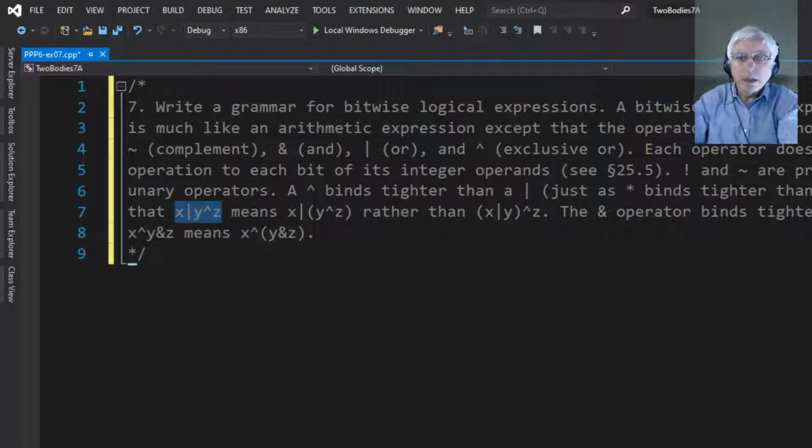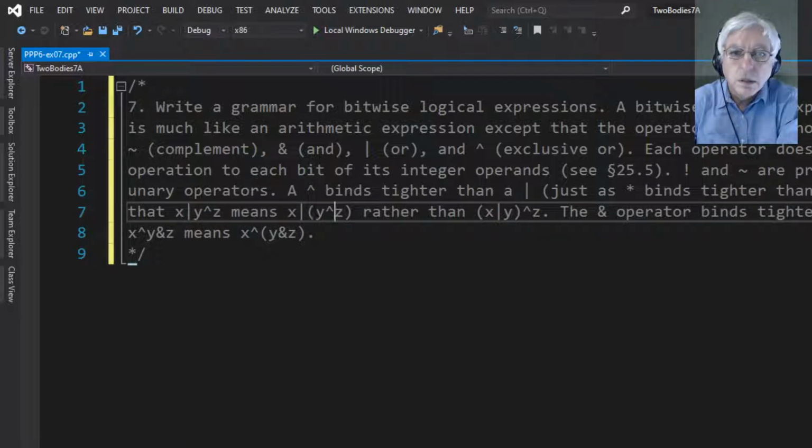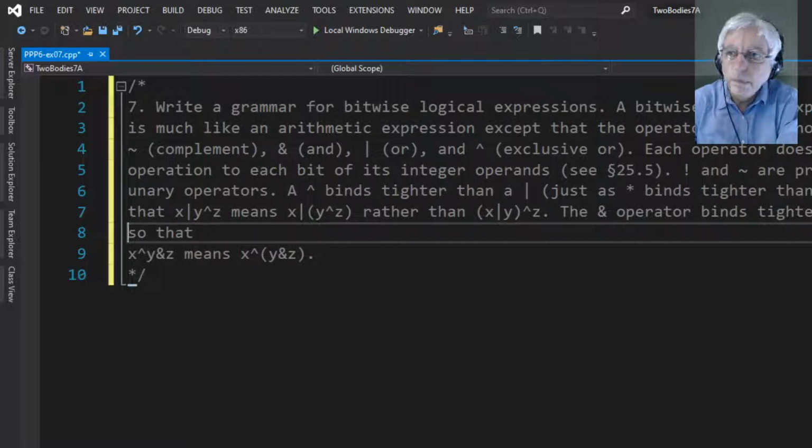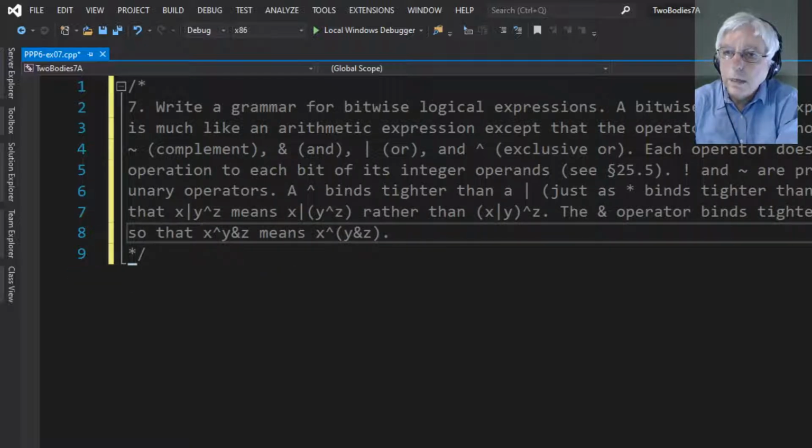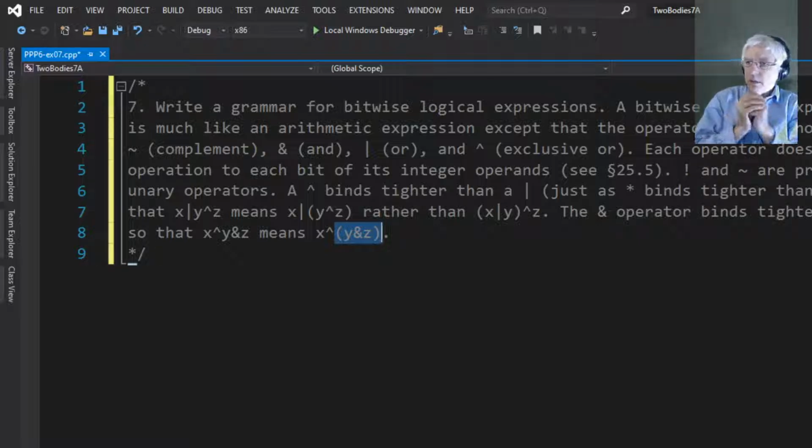So yeah, you can see that in this expression, the y and z operates first, and you can make that more explicit by putting in the